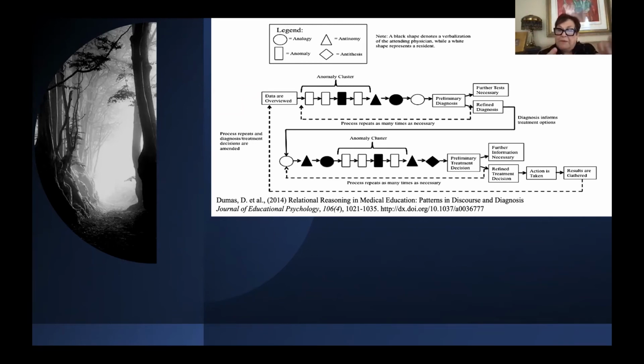But then sometimes, in the case you see here, it worked in the opposite way. Sometimes what the attending would do then is say, but have you thought about this? And in a Socratic sort of way, they would throw into the mix something that would rule that out as a possible case of X, something critical that was missing in the case. And so they would go back through the process as well.